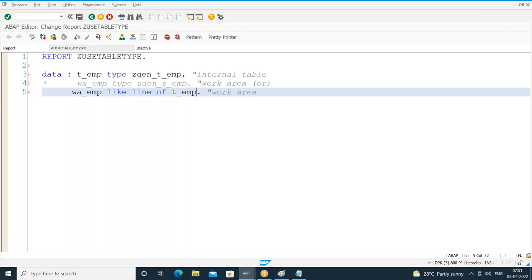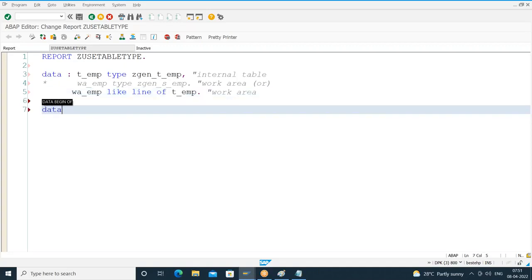Any questions? If you want to create the internal table based on a standard table type, I can do it. So I'll say t_fcat type lvc_t_fcat. I'll call this an internal table because it's referring to a table type. If I double click on this,